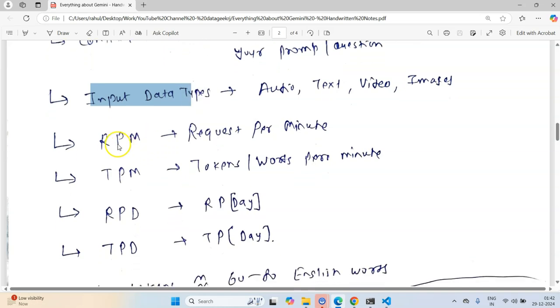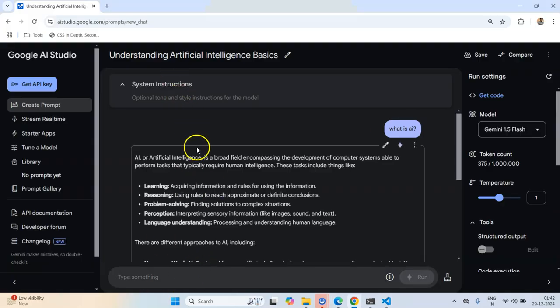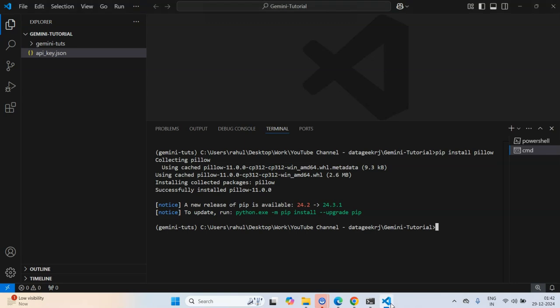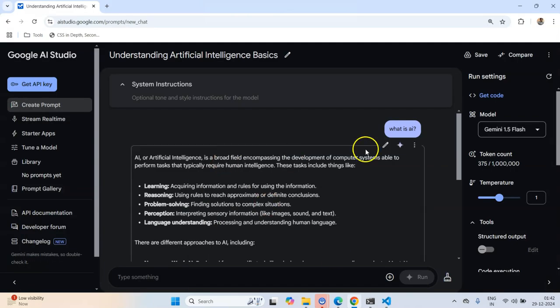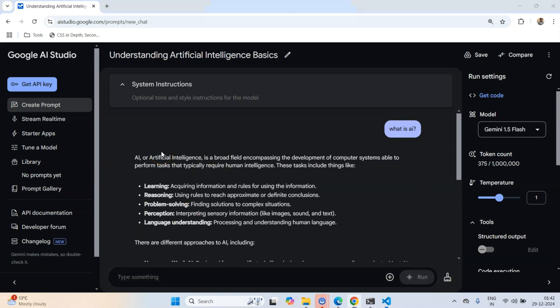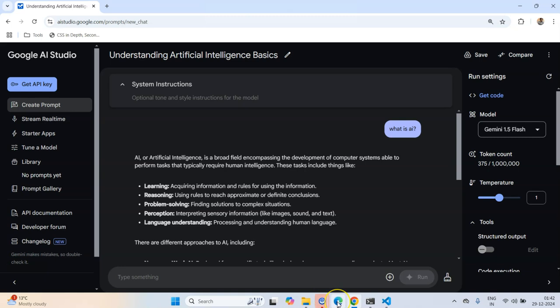I already explained that. Now what is RPM? RPM is essentially requests per minute. I just asked the LLM a question. It was called one request, and we will be doing this from Python code also. But for now, I'm basically interacting with the model using this interface that Google has provided for me. Okay, so now let's say I write one more question,